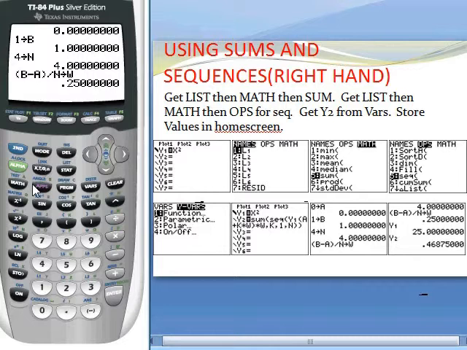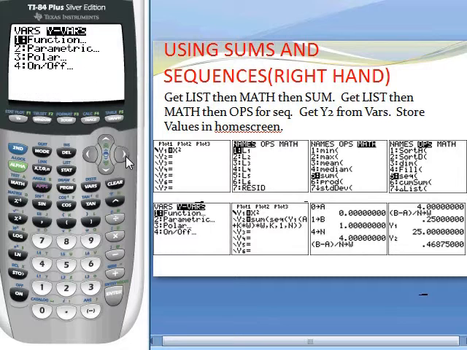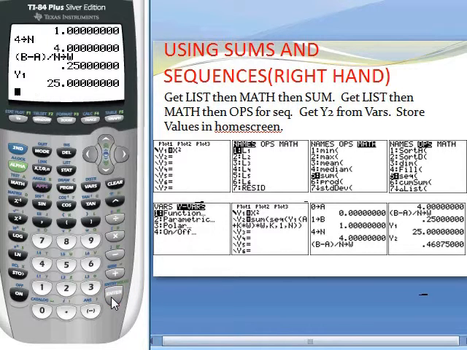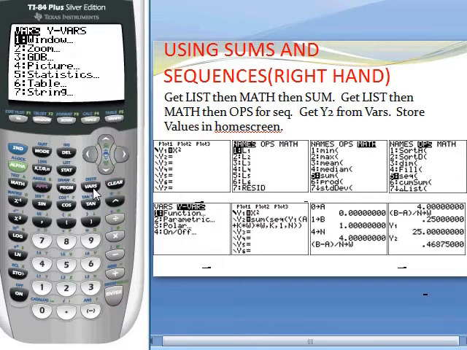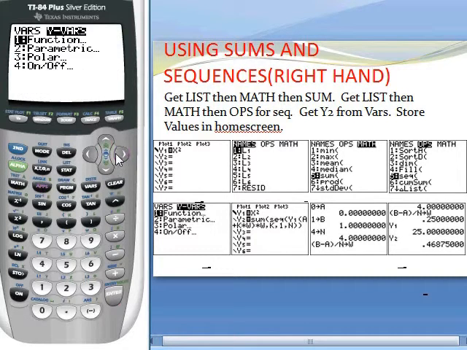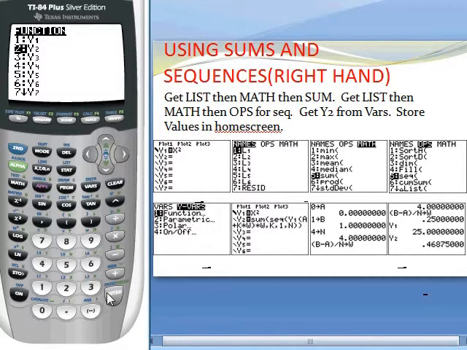So let's go and enter that. Where am I going to get the Y1? Remember, I get it from variables. Y variable, function, Y1. Okay. Now, Y2 is the integral value, remember? So I'm going to go and get the vars, Y variable, function, and this time pick Y2,